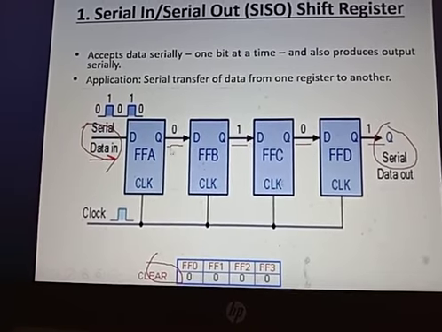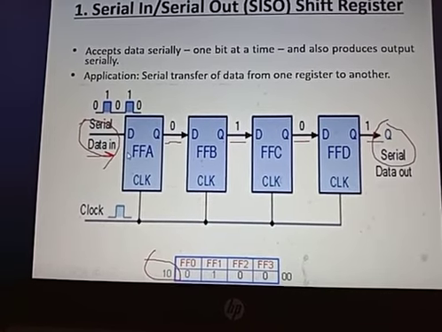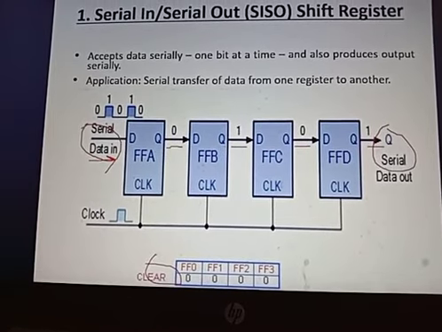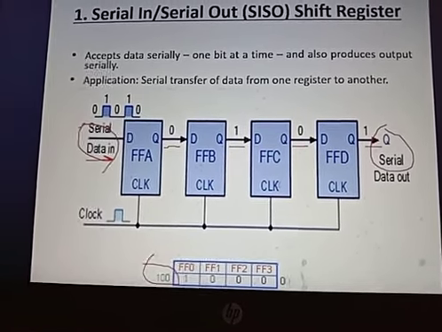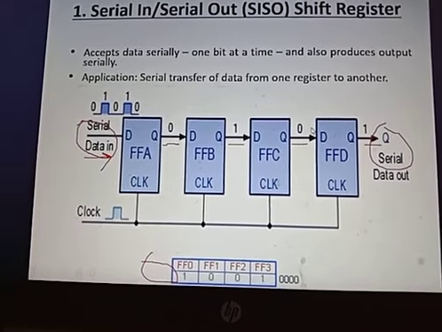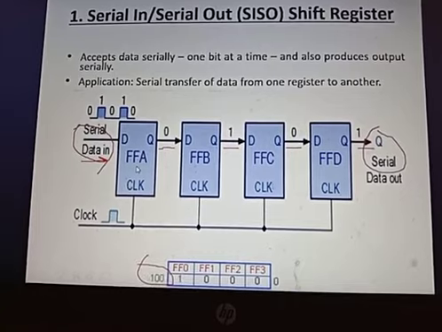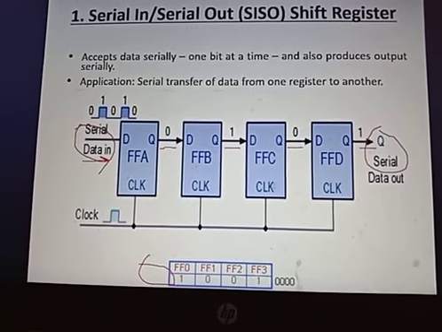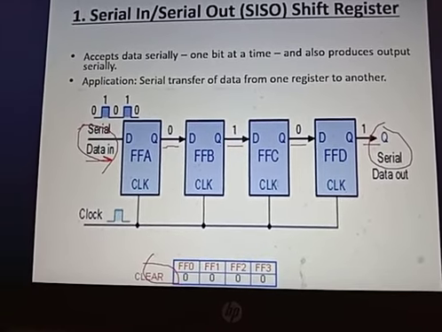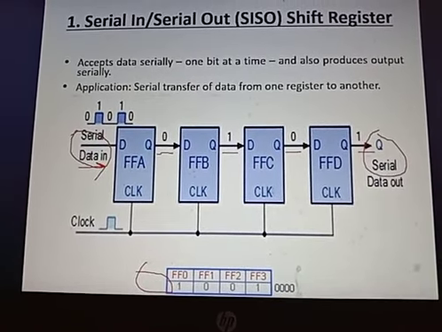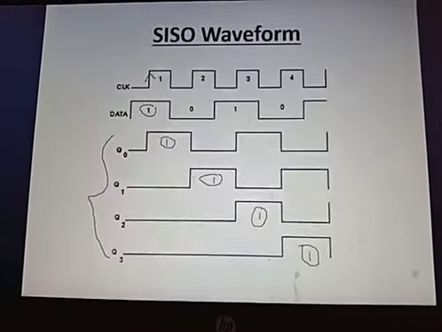Is it clear? Now just look at this flip-flop operation. I don't want the data to get changed. I want the data to be fixed and safely transmitted from one end to the other. In that case, I can use only a D flip-flop, because that is the only flip-flop which will directly pass on whatever input is given to it. I told you that there is a purpose for this flip-flop. I hope you have understood the purpose of the D flip-flop here.